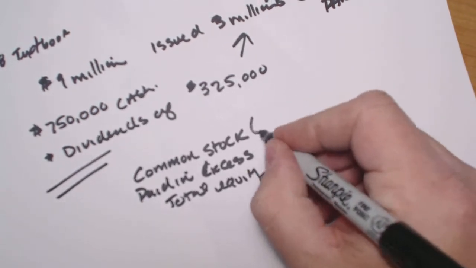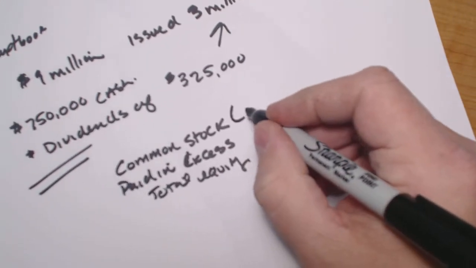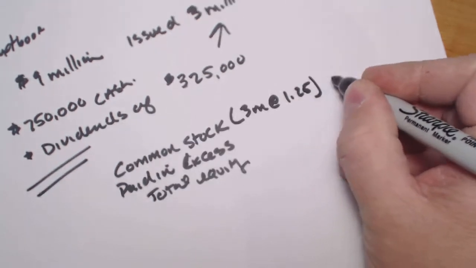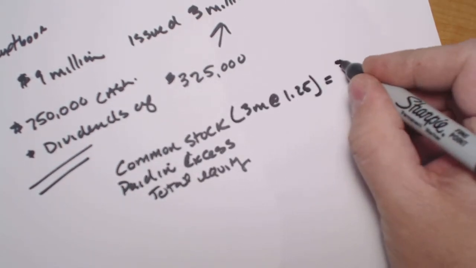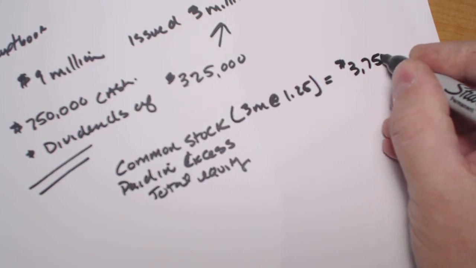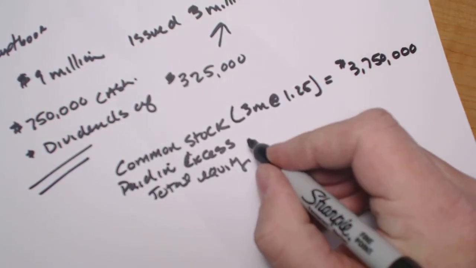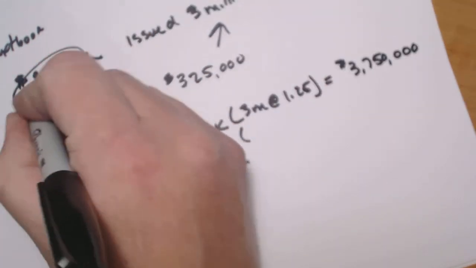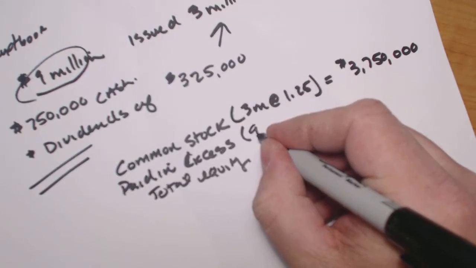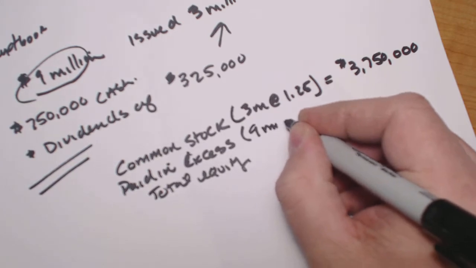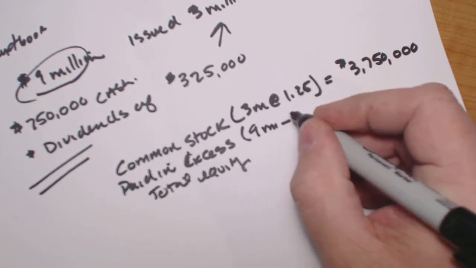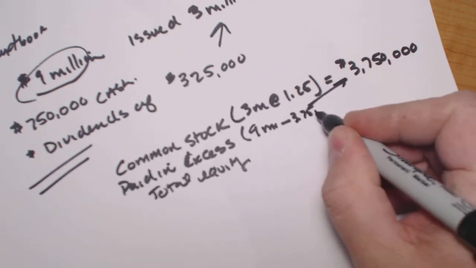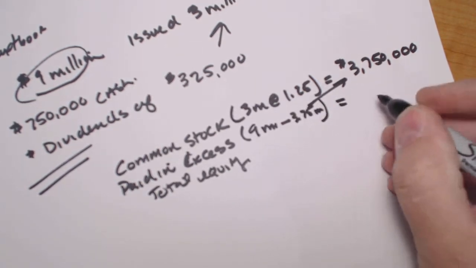So we had 3 million shares at $1.25, and you multiply it out, which would be $3,750,000. You had paid in excess, which was 9 million from over here, and then you subtract out the 3.75 million,